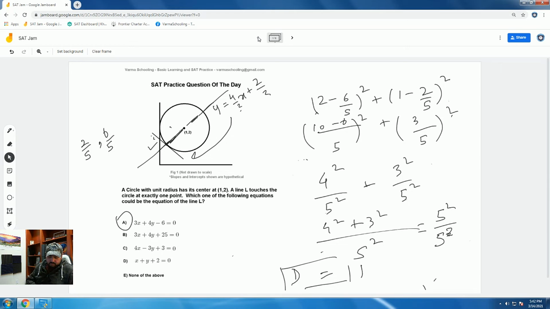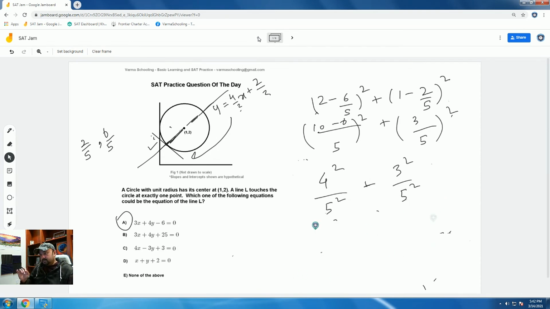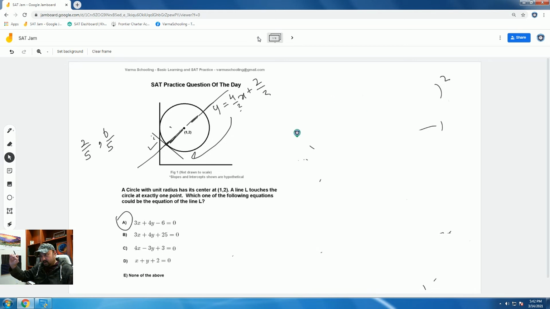But ideally, you would want to know the formula for the distance between a point and a line, and that's something really handy to remember because you will run into several different questions where you have to quickly get to the distance between a line and a point or a line to the graph. Anyway, we're going to go over to the next question,